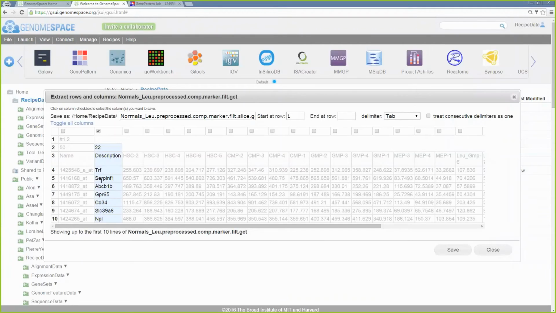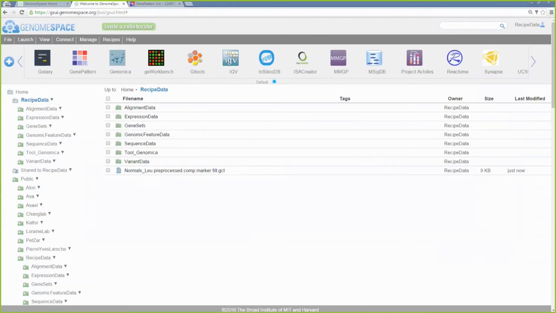So this is selecting only the values in this particular column. And the other thing that we want to do is we want to start at row 4, because that's where the gene names start. So we'll change the Start at Row parameter to 4. And we know that we want top 50 genes, so we'll add an extra 50 to the end of that. And then we'll click Save, and this should extract out those particular gene names.